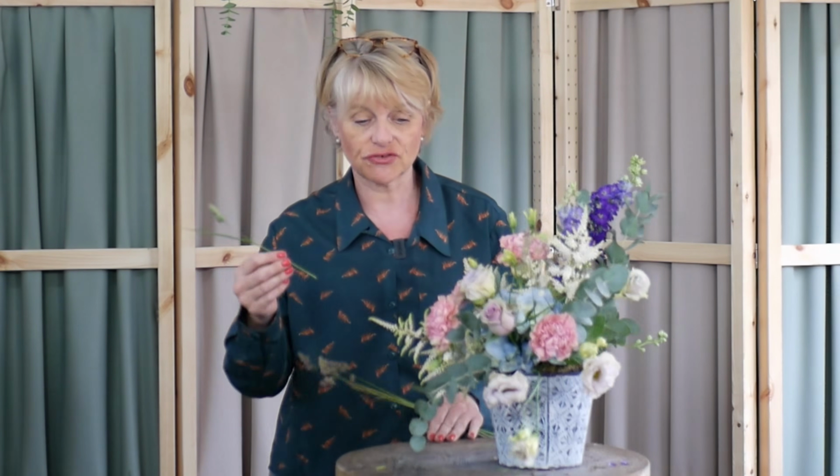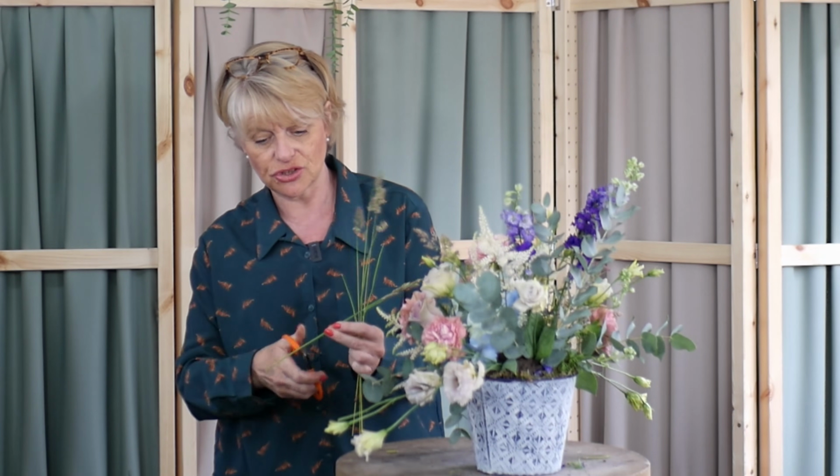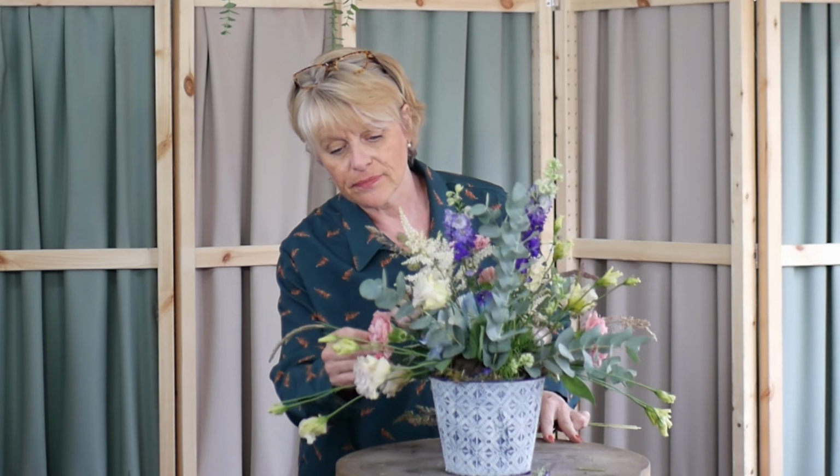They just very naturally dry and stay in the arrangement for ages. And it's really quite lovely to use. As they dry, the head's size changes and the colours change, and they are really pretty to use. And they're working quite well in the Fibrefloral because I did wonder, were they going to snap and not work